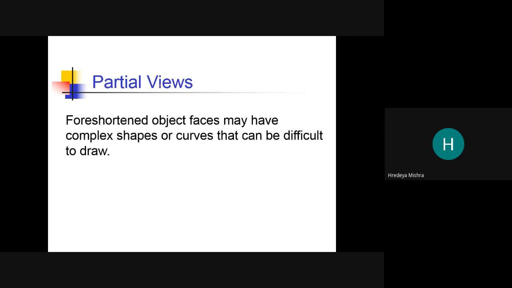A foreshortened object face may have a complex shape or curve that can be difficult to draw.